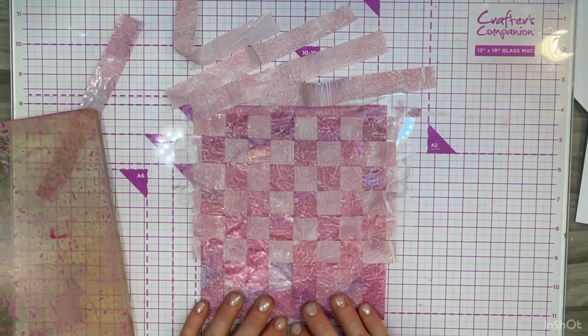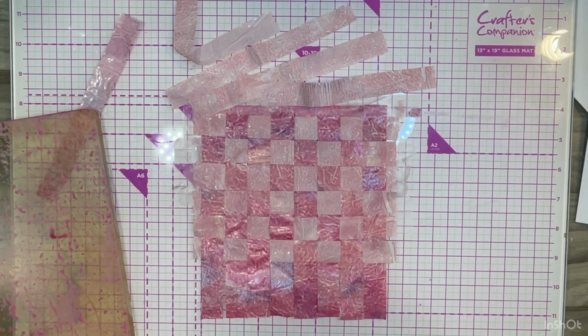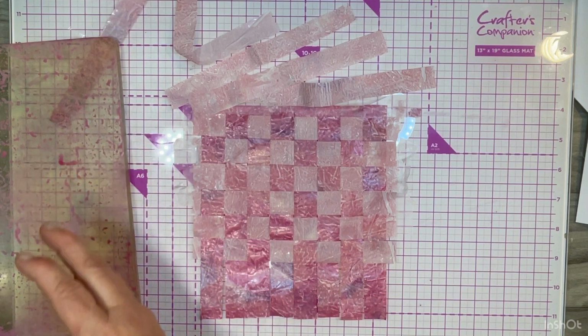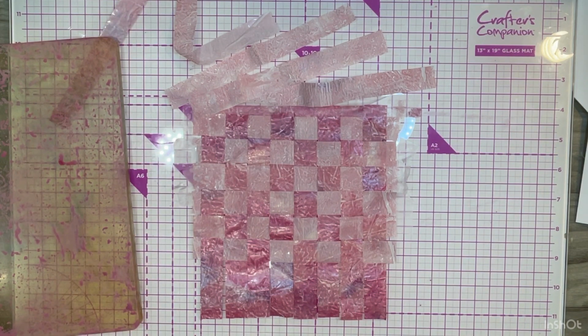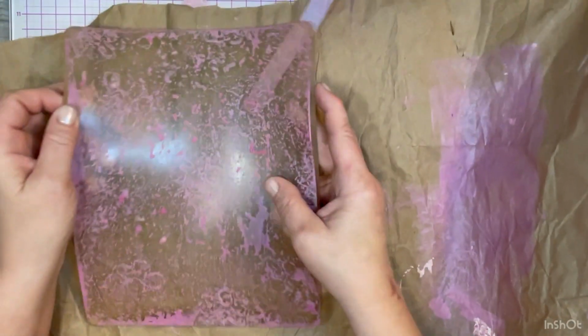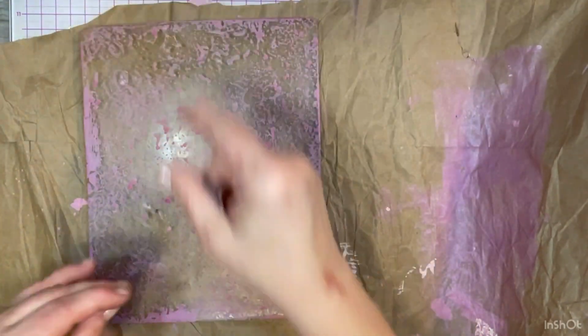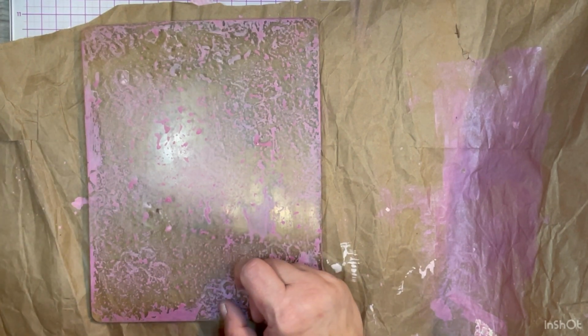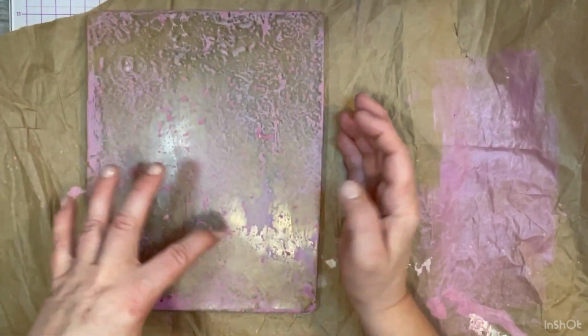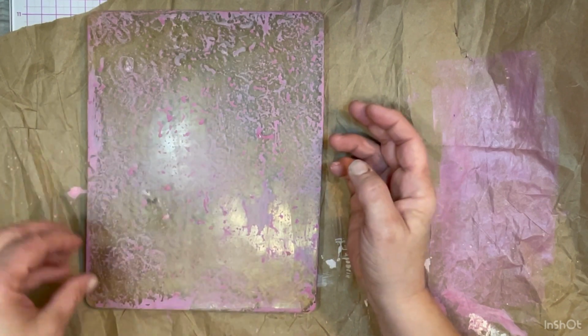And here we are. I cut them into 3/4 inch strips as roughly as I could, but I will show you. I did keep this out so I could, there it is, it's behind me. I've got to be very gentle with the baby, but we're only going to do a little tiny one. So, get my layers and not bump anything. Since I already have purposely let this dry and stamped my flower